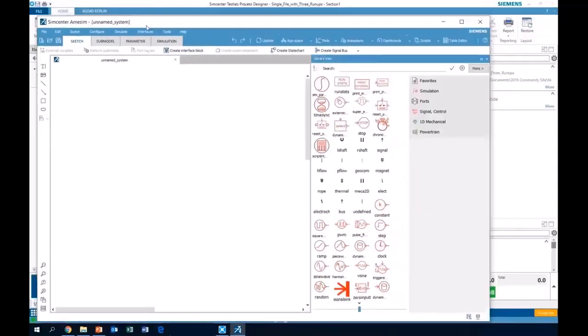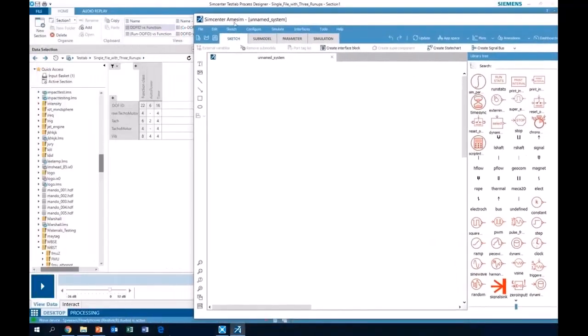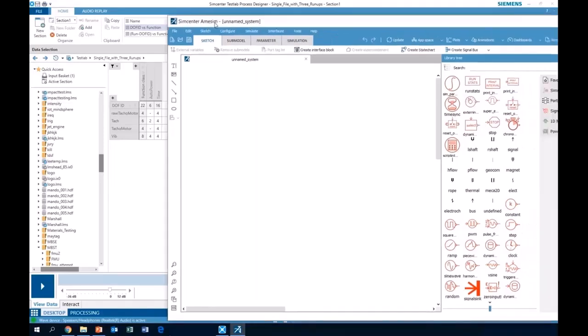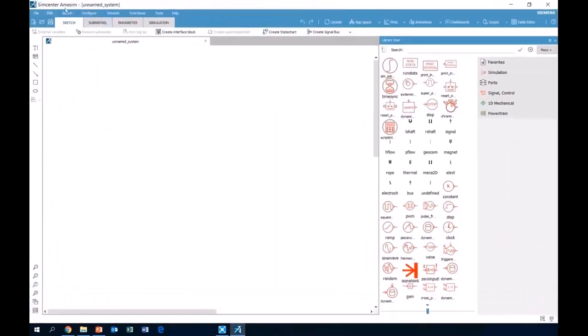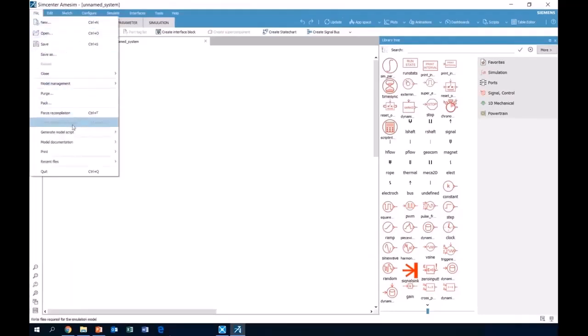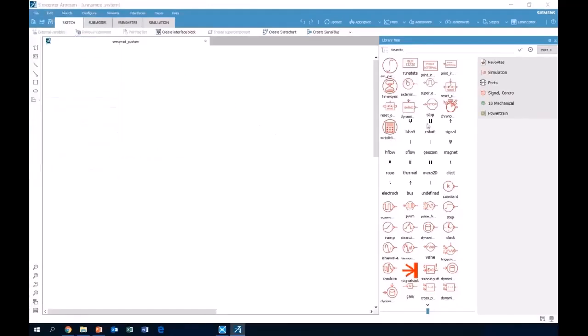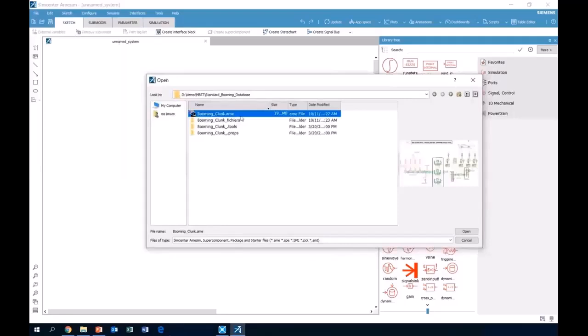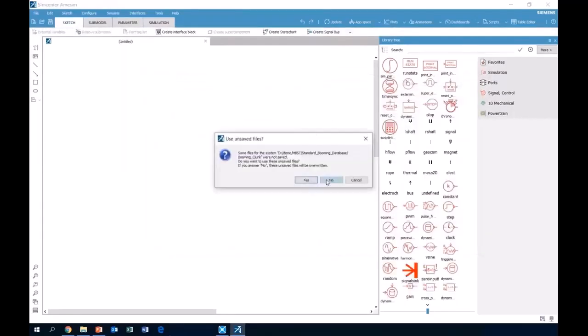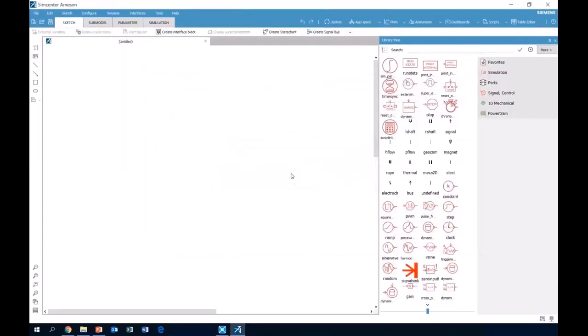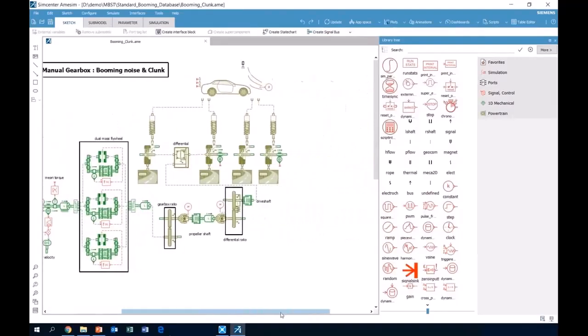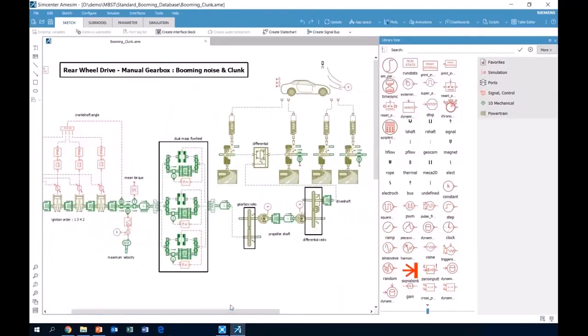Notice it has the SimCenter name, and there's no accident that it's SimCenter AMOSIM, SimCenter Test Lab. We really want to blur the line between test and simulation. So here I'm in this simulation environment, advanced modeling environment. So this happens to be a SimCenter tool, although we're open to all simulation packages. And I can go to open here, and I could grab an AMOSIM model, has a .ame extension. And when I do this, it actually shows me, this is a car, the car of the future.